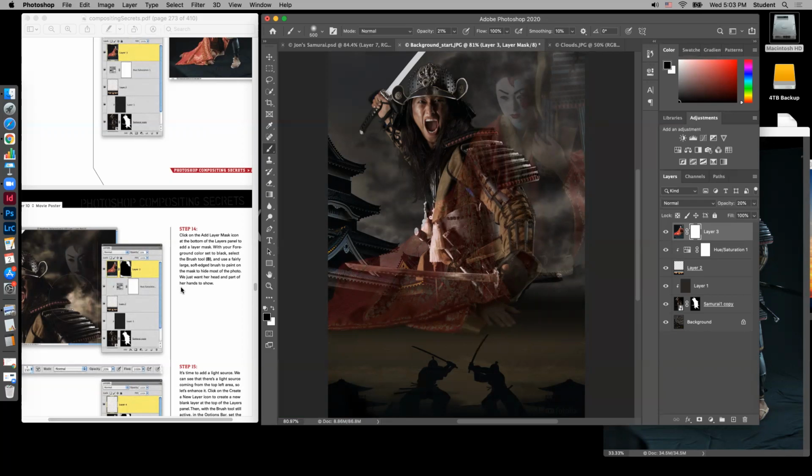We need to have black as our foreground color. So here's our foreground color, which is black. We're going to be painting on this mask. And we want the opacity of our paint to be 100%. So I'm going to move this up to 100%. 100% opacity, 100% flow. And then we're just going to start painting everything but her face and hand, everything but